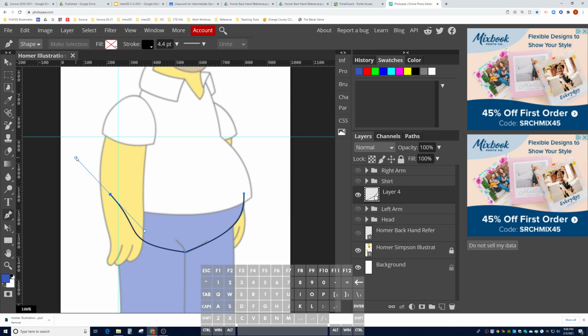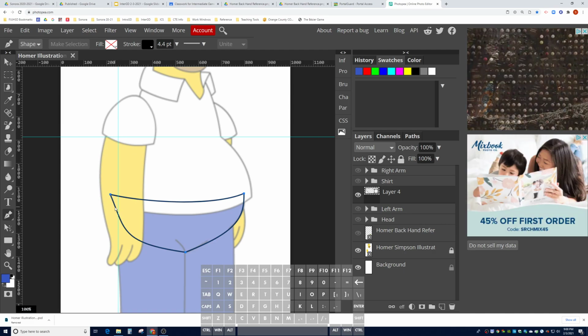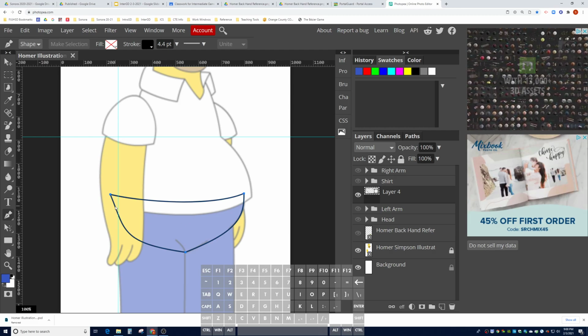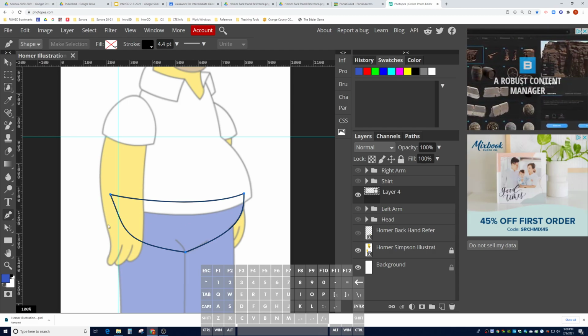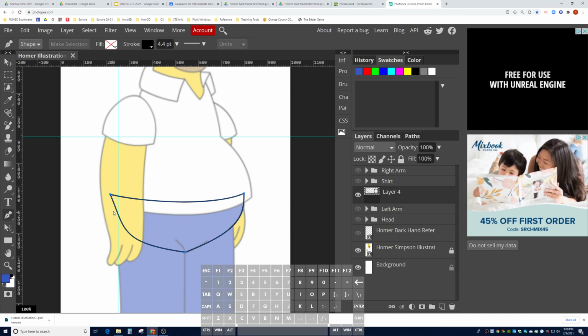And again, I'm not too concerned with this. I can always fix it later. So I'm just going to kind of create the curve here. And then I'm just going to go ahead and move my handles back to the beginning where I started. So something like this. Okay. And now we're not too worried about this curve either, because this is not actually where Homer's butt is. Homer's butt is basically going to be formed with his right leg. So his right leg will kind of come out and form the butt, but we definitely want to connect to